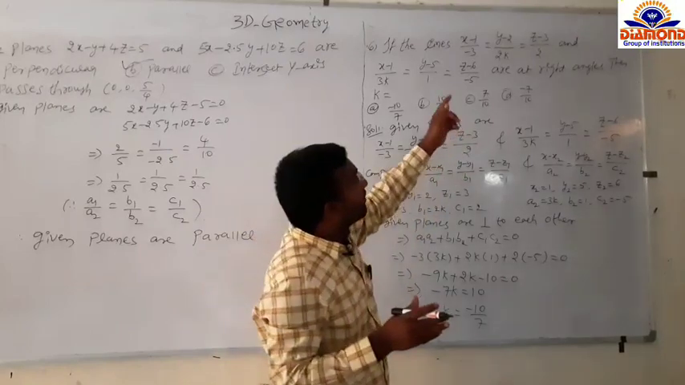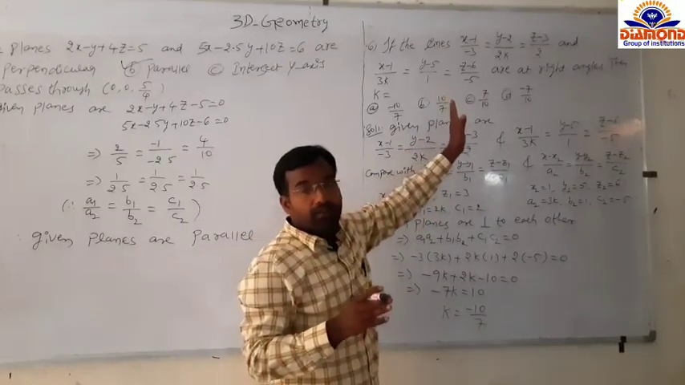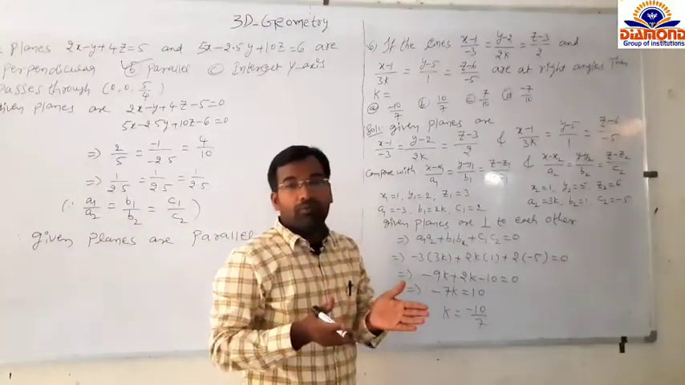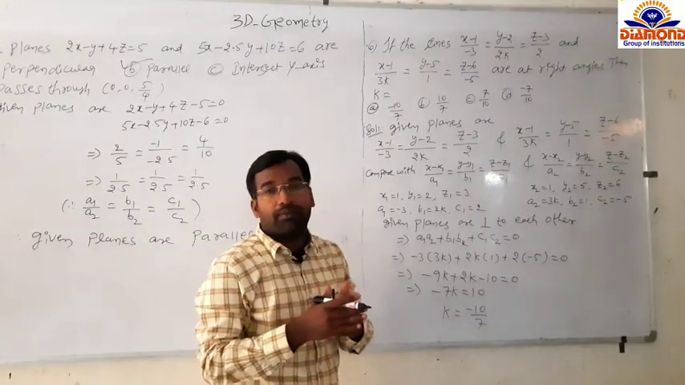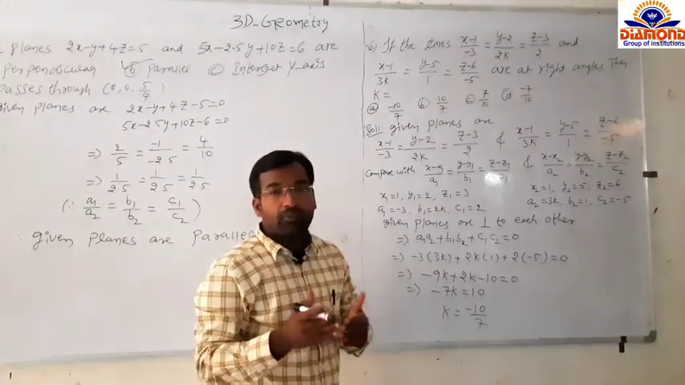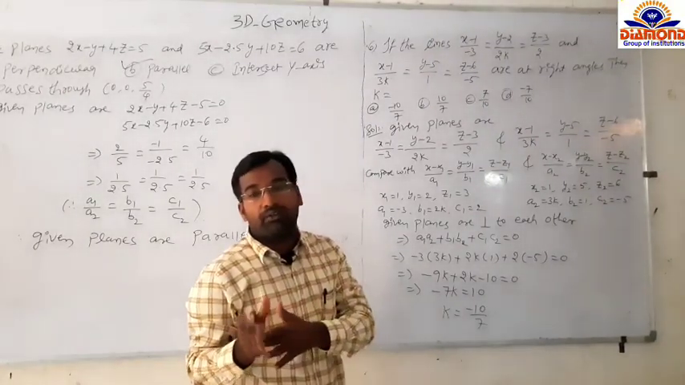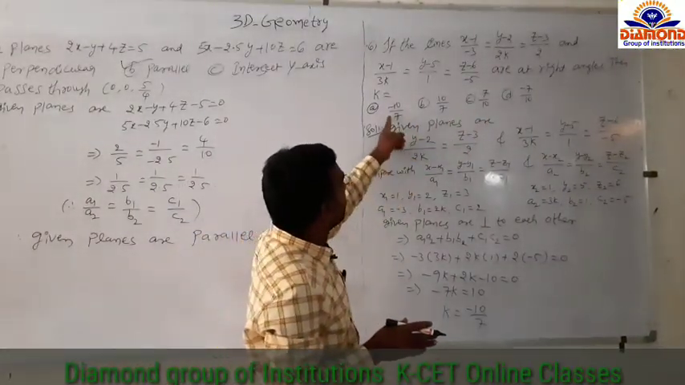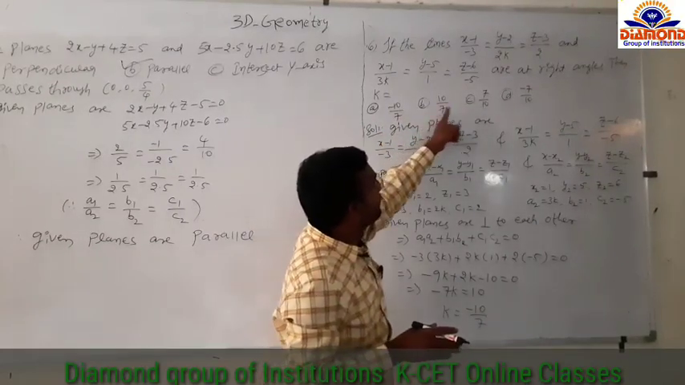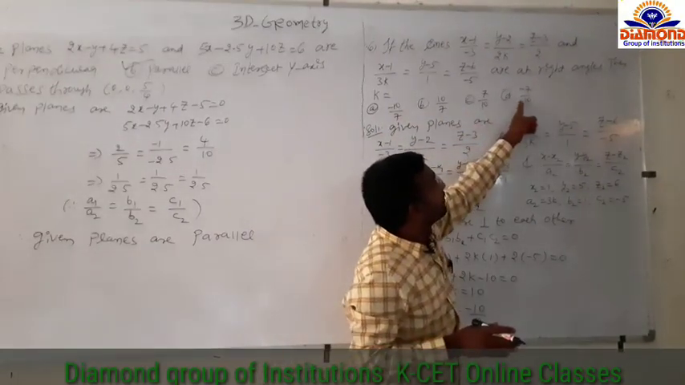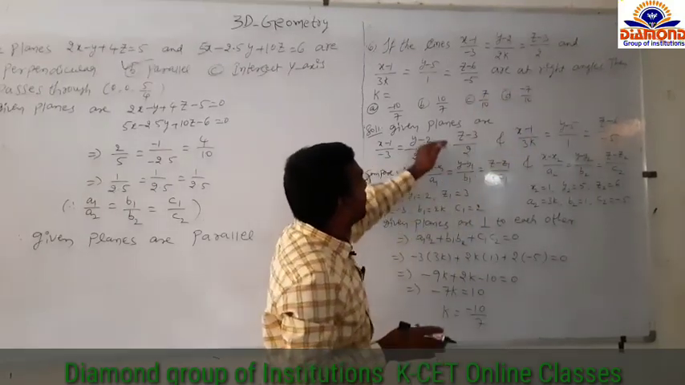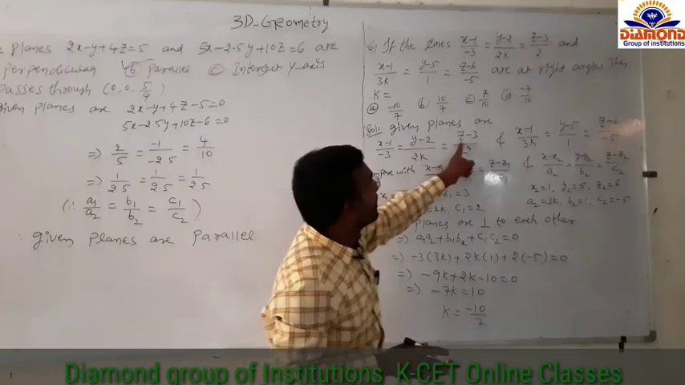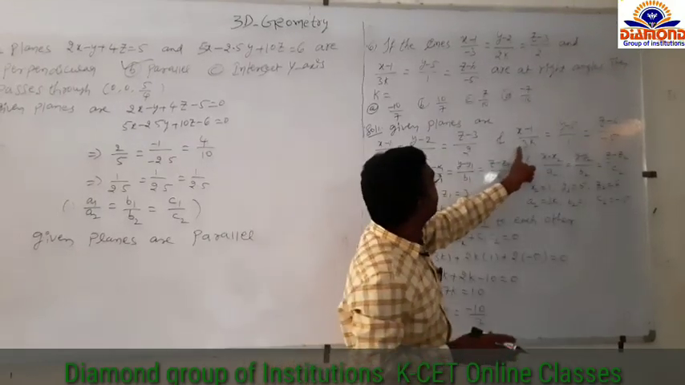The two lines are perpendicular to each other, so find k. You already know the perpendicular condition: if the two lines are perpendicular, the condition is a1 a2 plus b1 b2 plus c1 c2 equal to 0. Four options are given: first option minus 10 by 7, second option 10 by 7, third option 7 by 10, fourth option minus 7 by 10. You can write the first line (x minus 1) by minus 3, (y minus 2) by 2k, (z minus 3) by 2, and the second line,